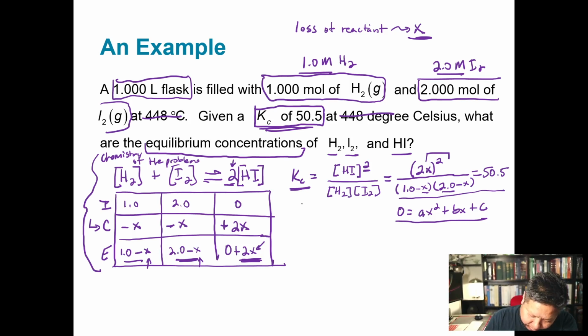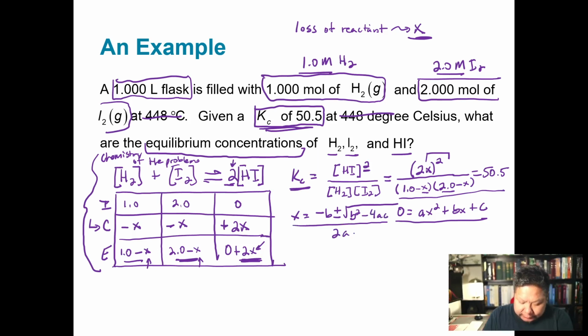quadratic equation. Because recall that the quadratic equation is x equals minus b, right, plus or minus the square root of b squared minus 4ac, all divided by 2a. So you can see how now we've moved into the math part, right? So everything below this line here is the math part, right? It's the math part because we have to go through and solve for x using the quadratic equation,